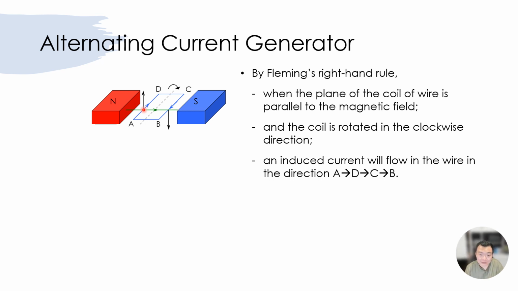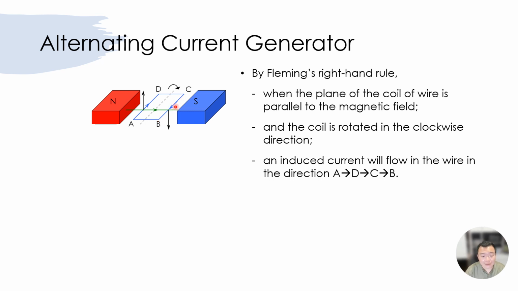So if you put a screen onto your table, literally you just stand up and then you just look down at your iPad, and orientate your right hand that way. Alternatively, you take your iPad and put it vertically like how you are seeing the usual projector screen, and then you orientate your right hand that way. So with this, we can determine by using Fleming's right hand rule that the induced current, in fact, flows from A into D. Okay, I will do one more example for this part of the coil,